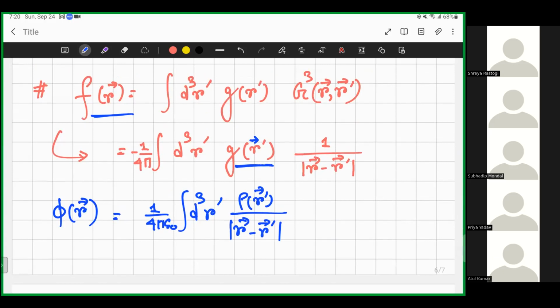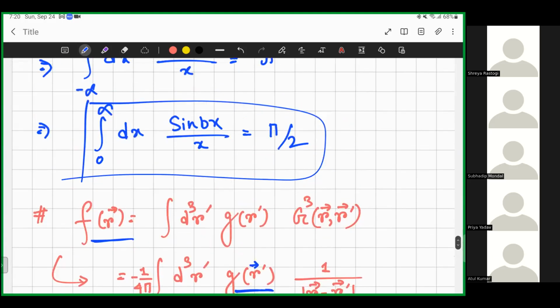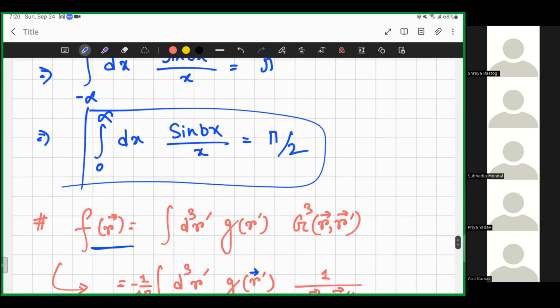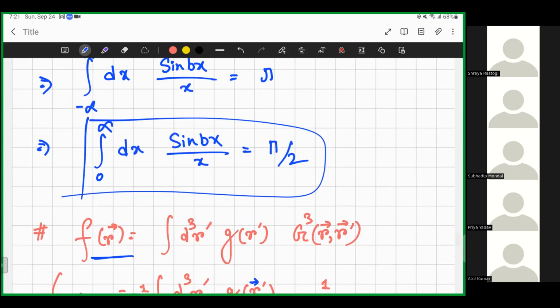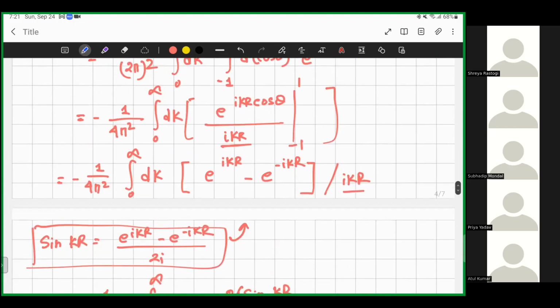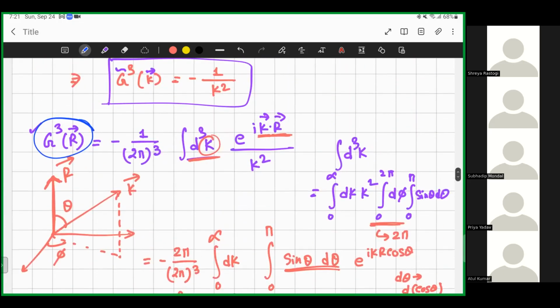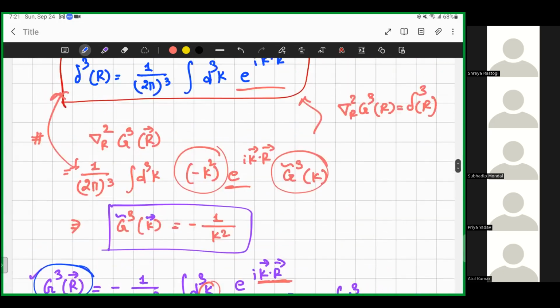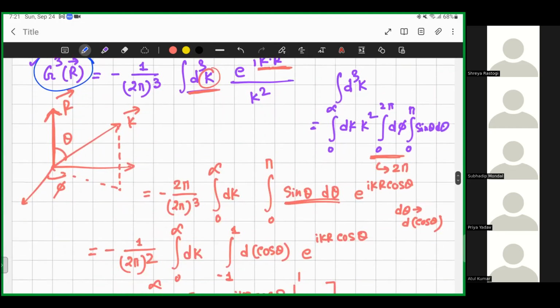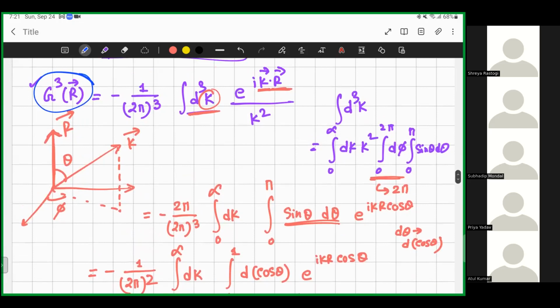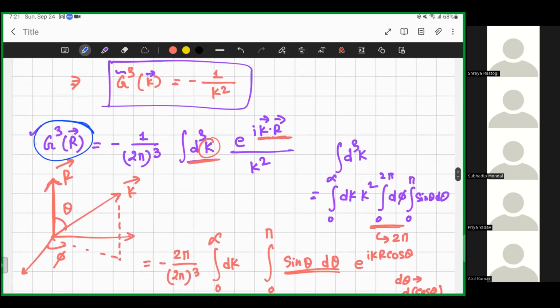But I would like to mention that this total derivation I did is correct for 3 dimensions. If we consider dimensions greater than 3, then this analysis will also be correct. But there is a problem if we choose d equal to 2. If it is d equal to 2, then what will happen? This form is correct. If it is 2, then it will be just